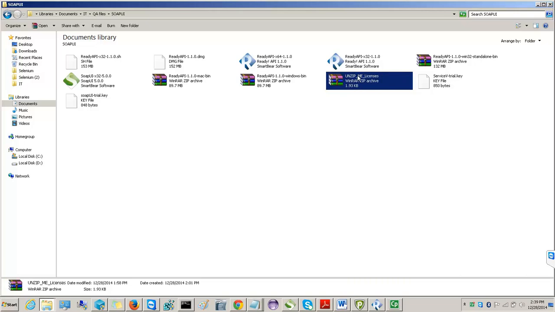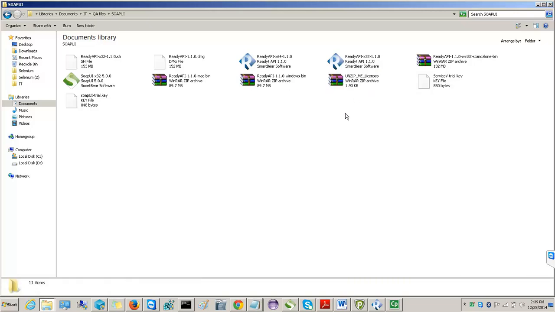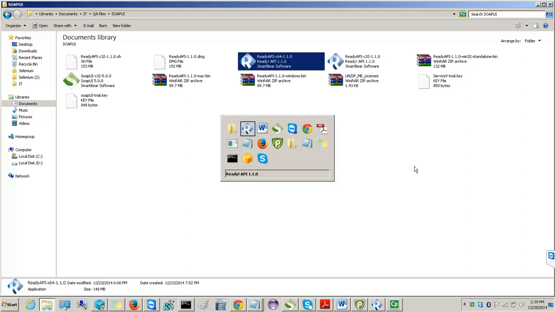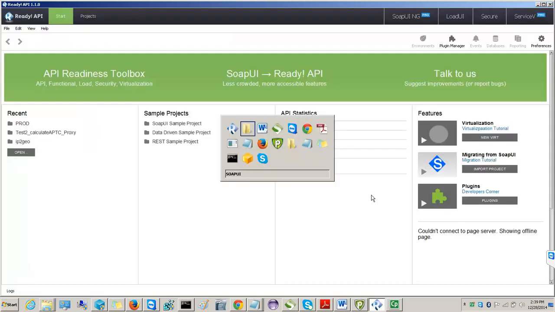Somo, did you do this too? ReadyAPI? No, I told you that my computer is not working. Okay. And the office laptop I'm not able to install. Okay. So I'll just mention the steps so that when you get to your laptop, you can perform these operations. So all you have to do is